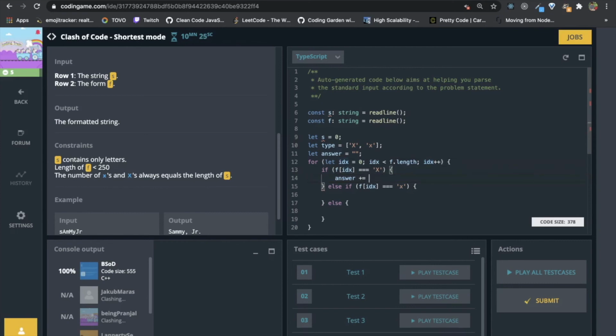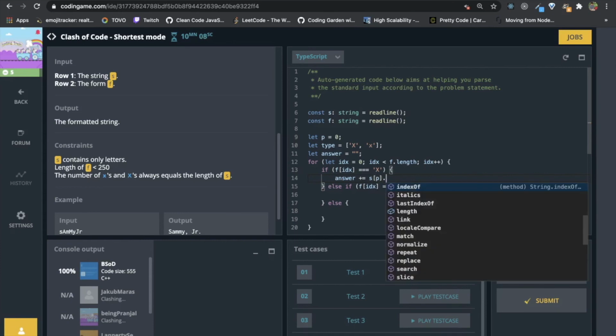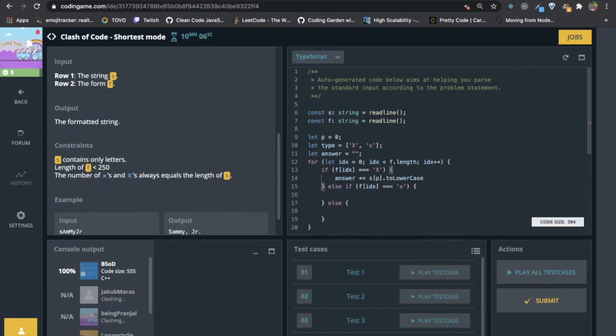So let's call it p, and we have s, and if it dot to uppercase, right?